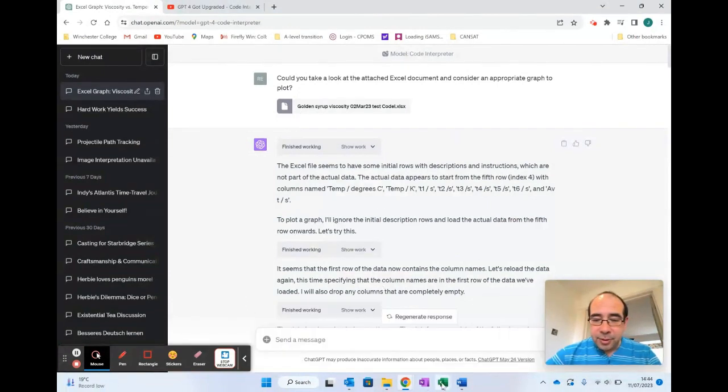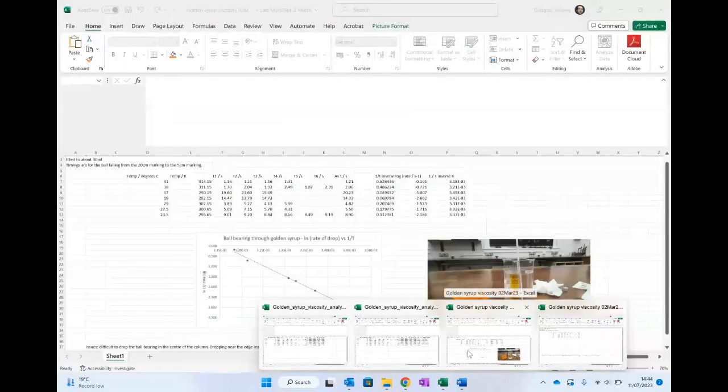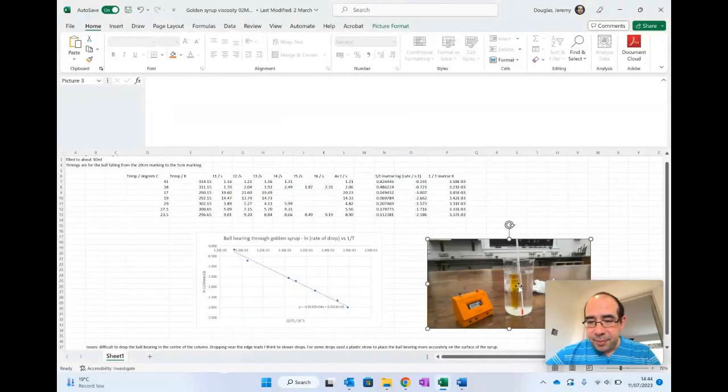What it is, it's some results I took in March with the experiment you see in the picture, where you take a little ball bearing and you drop it through some golden syrup, and you time how long it takes to fall a certain distance at terminal velocity. And you then use the Boltzmann factor to work out the temperature dependence model, and you get a very good fit to this Boltzmann factor model. You can work out the activation energy. Anyway,